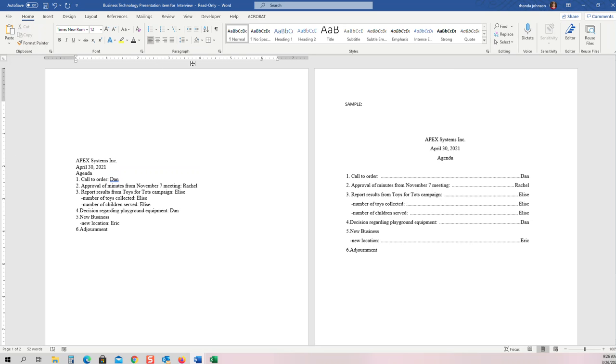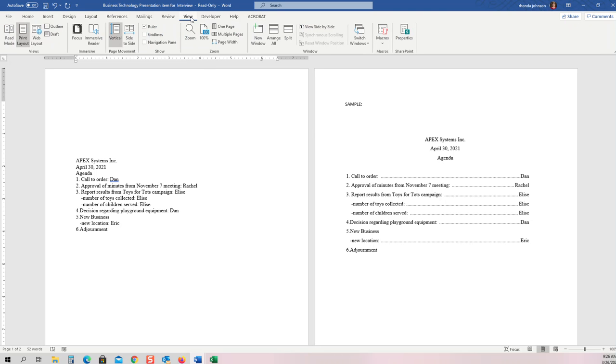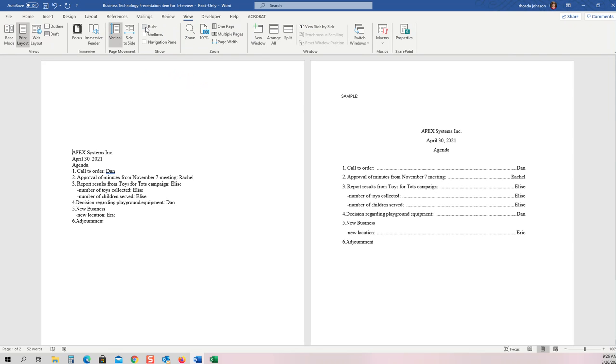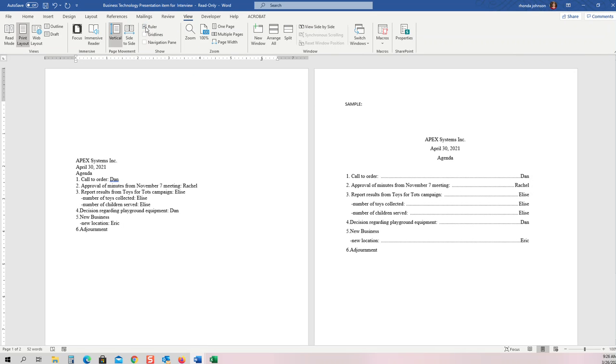Okay, and you'll notice I do have the ruler turned on above. I achieved that by clicking the View tab at the top on the ribbon, and there's a toggle switch in the Show grouping for ruler. You can click the ruler on or off. Okay, so I'm going to first of all highlight the heading. Notice that the heading is above the body of the agenda, and so I'll highlight these 3 lines,